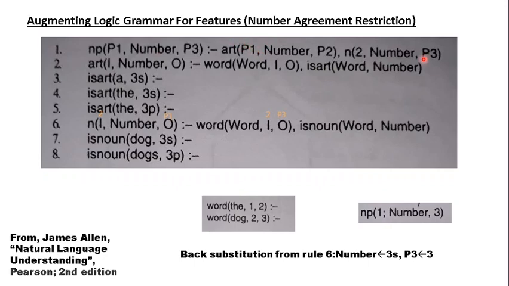So what happens is when we reduce it to the left hand side, this number variable of the left hand side, or the noun phrase, will take up the same value of the variables on the right, and so effectively we have established a number agreement restriction, or the phrase "the dog" follows number agreement restriction. So this is how we will augment normal logic grammar with features, and this is how we will perform a parse. Okay,